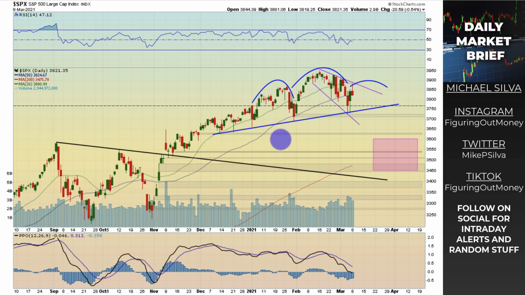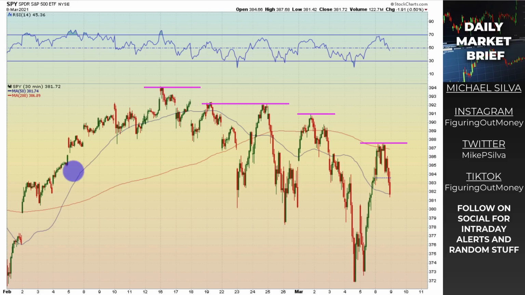So if you're confused during this time and you're wondering what's going on here, just know that this chop right here, you should be a little confused. You should have difficulty trading this environment, especially if you're a longer term holder and you're getting sloshed around. On the 30-minute time frame, you can see this descending broadening wedge pattern a little bit more clearly.